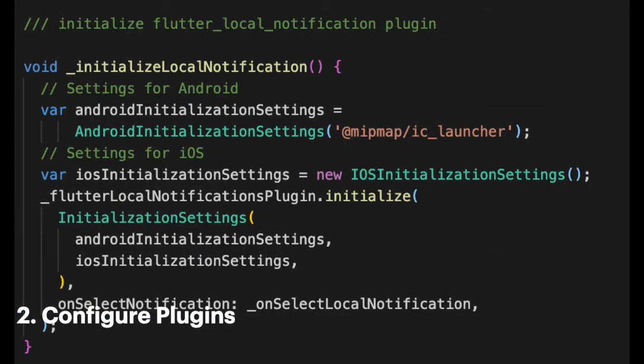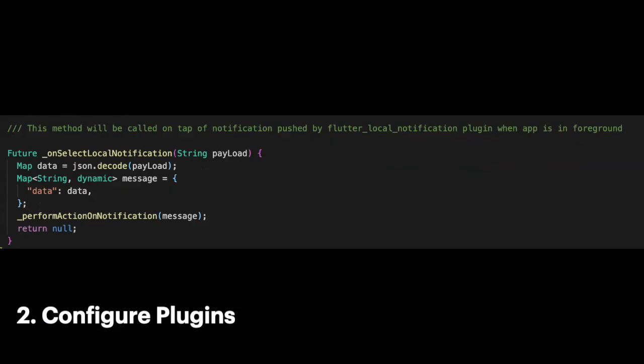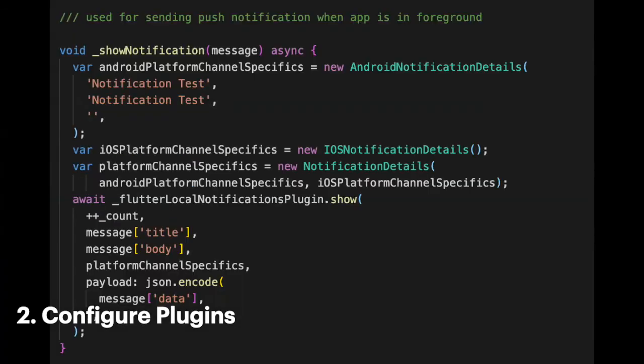Now we will configure our Flutter local notification plugin. You can define behavior for Android and iOS both. You can give different sounds for the notifications, and there are many other options for this. You have to create one callback called onSelectNotification for this. It will be very similar to the onResume and onLaunch callbacks. We will call the same method here too. Now the local notification plugin is configured.